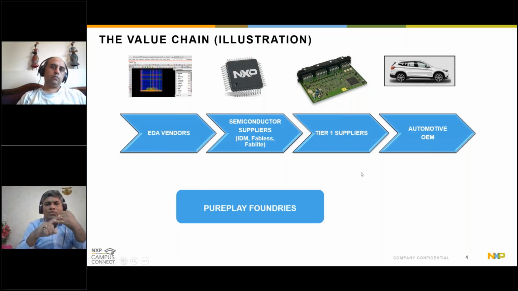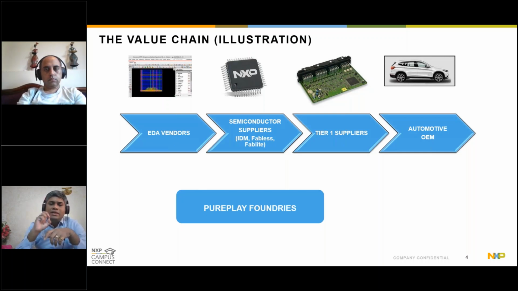Primarily, if we pick up one which is very much pertinent for all of us, it is the EDA vendors who supply us the electronic design automation tools to do our computer-aided design enablement, basically to make these chips and design the chips. Then, if you see on the bottom, there is a blue box called the pure play foundries. Because increasingly semiconductor manufacturing is becoming a highly capital-intensive business, there are specialized shops. I'm using the word shops, but the factories, I would say, where these semiconductor components get manufactured.